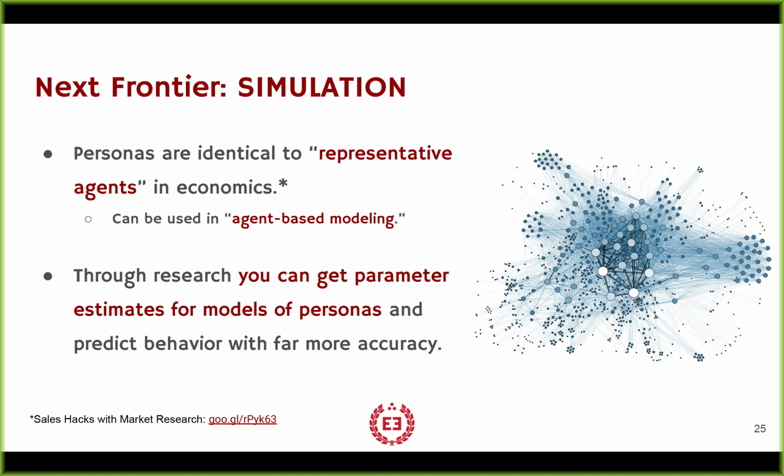If we do this, what would they do? That's information you can measure on those 4 data dimensions about your market. And personas mathematically are identical in economics to the idea of representative agents, and those agents can be put into agent-based modeling. This is computer simulation. It says there are these equations that define individuals, maybe 5 different persona types. There are other rules or equations that determine how they interact with their environment, what the environment they're interacting in is. And then you run simulations.